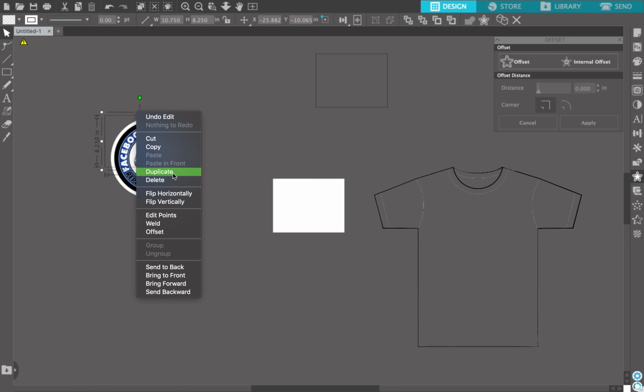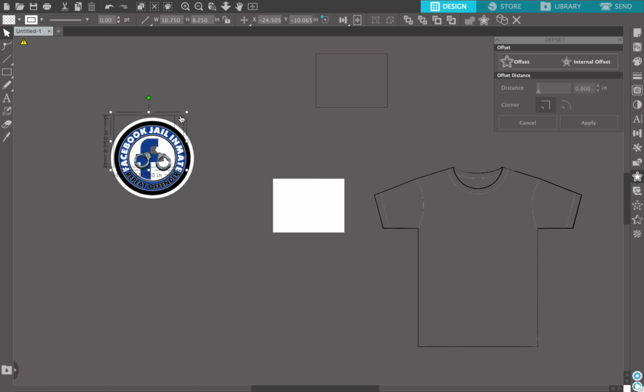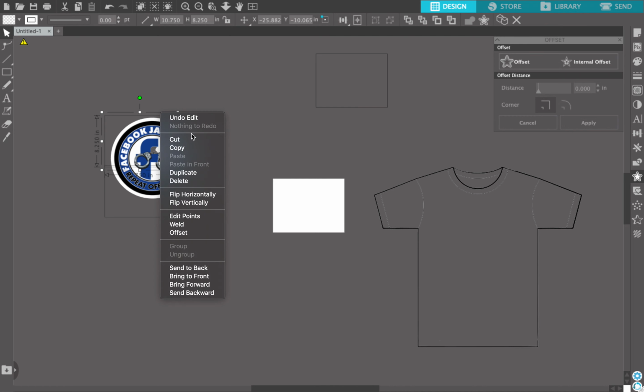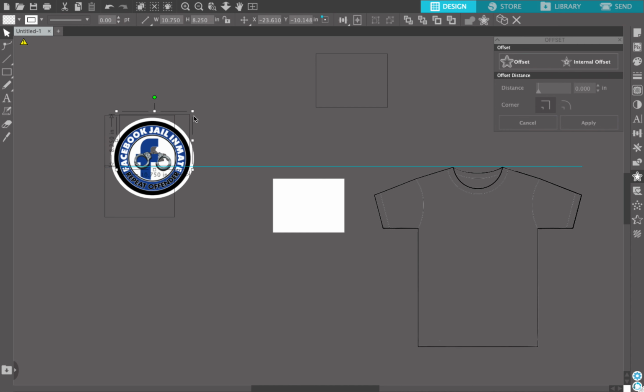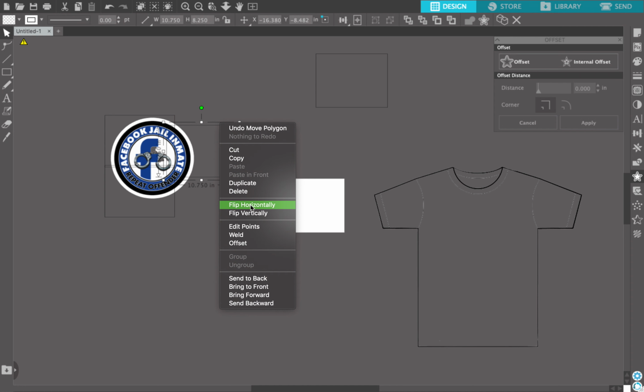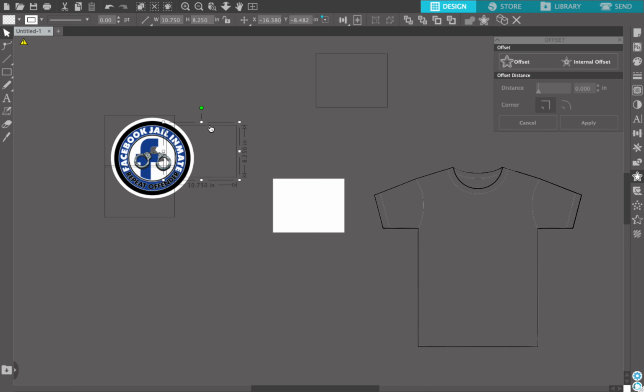So you can right click and hit duplicate, and then you want it to overlap, but you don't want it to overlap a lot. And then let's see, duplicate. And this one, I think you could probably flip it horizontally. Let's see. No, that didn't work. Okay, so let's flip it vertically and see how that works. Okay, neither one of those worked. Okay, so we can just,